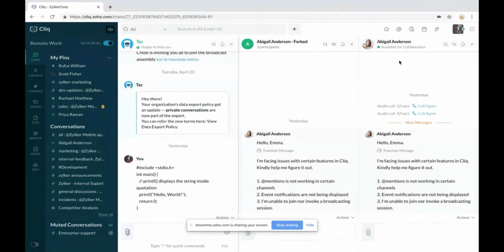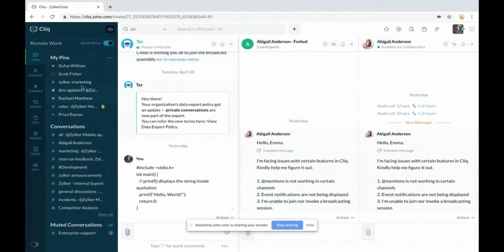Moving on, our 19th and 20th features, that is our last 2 features, are copy message URL and invite guests. Say that you see an important message and you want to share it with one of your team members immediately. You can do so by simply copying the message's URL and pasting it in the conversation in which you would like to share.